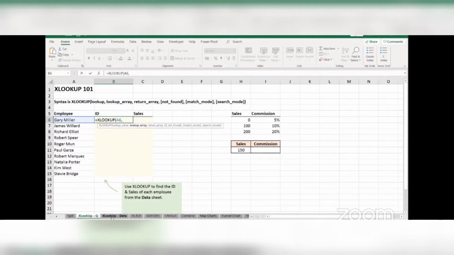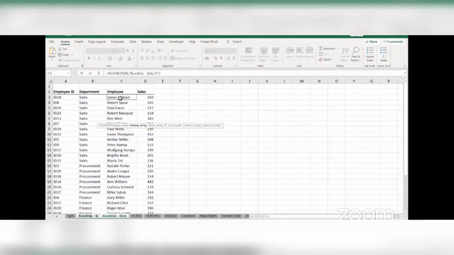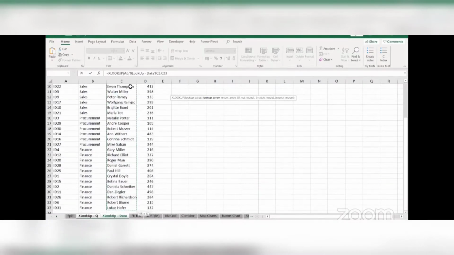So I will go ahead to the next worksheet and select my entire employee column. Let me just shift it here. I'll select this cell, Control Shift down to select the entire data for employees, comma. Next thing that we have is the return array. So what column's answer do you want to return? I want to get the ID for Gary Miller, right?